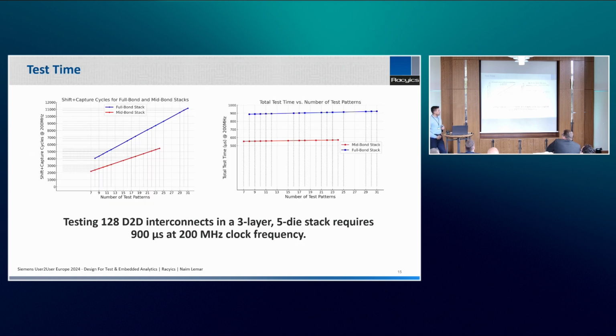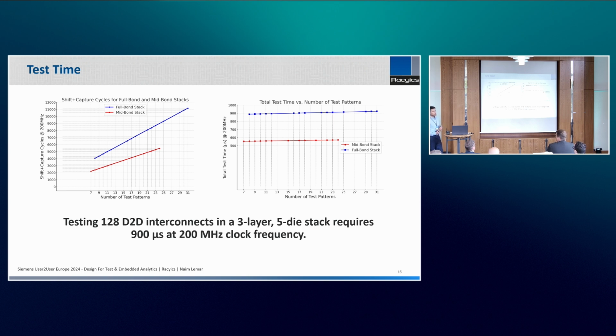So as I described, the number of test patterns has a linear relation with the capture and shift cycles. If we have more test patterns, definitely we will have more shift and capture cycles. For example, the blue line shows the full bond stack and the red line shows the mid bond stack. If we generate only 8 patterns for full bond stacks, we will have around 4,000 shift and capture cycles. But if we generate 31 test patterns, we will have almost 11,000 shift and capture cycles. So the important thing is the relative impact of the